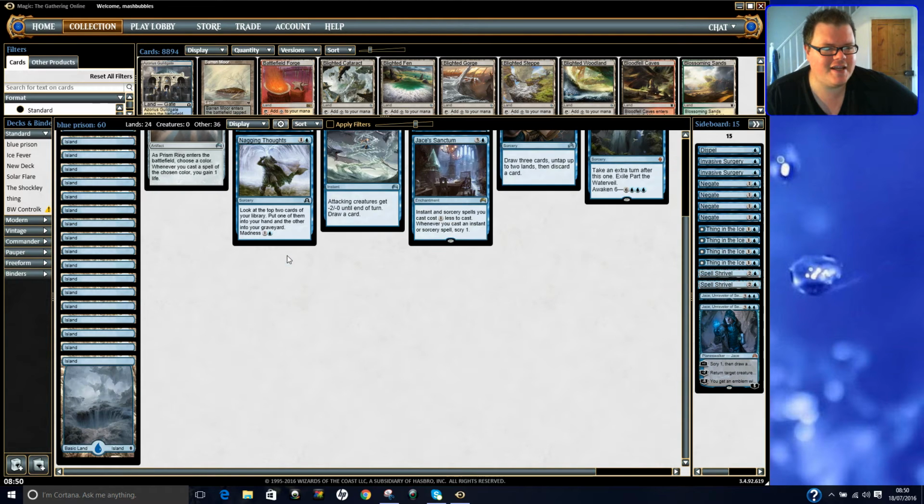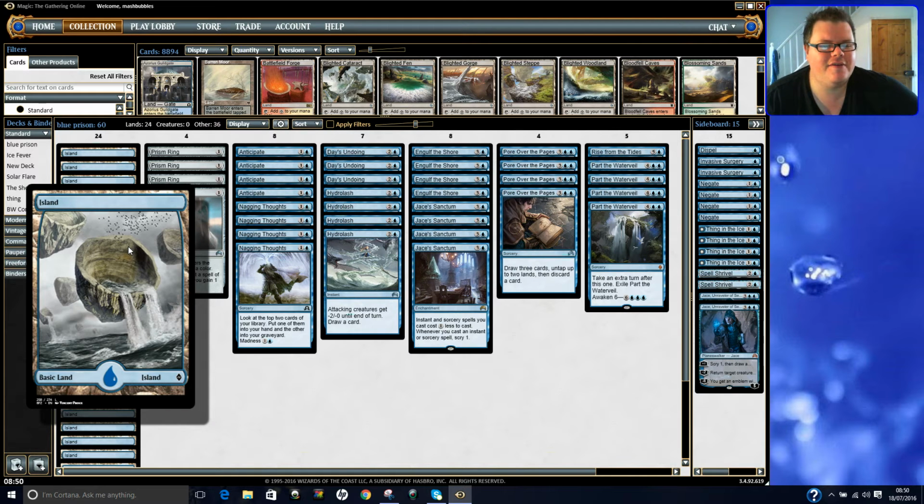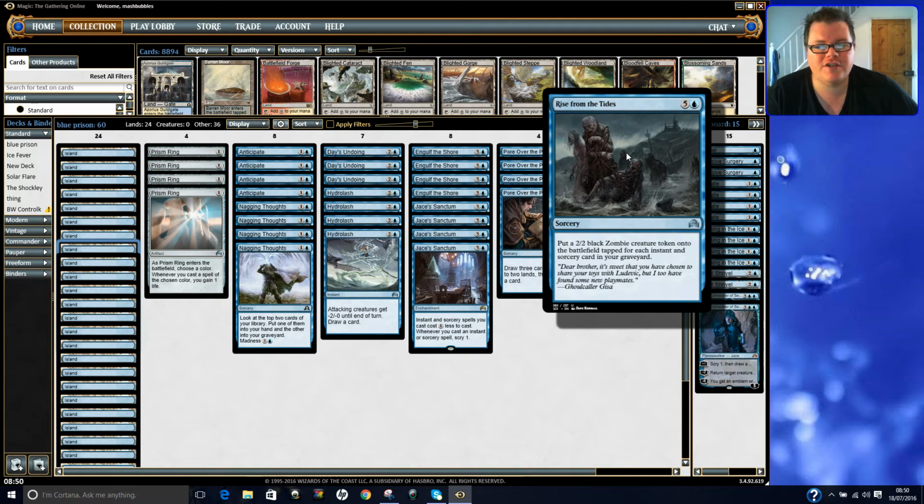So we can start with something easy, the lands. It's all Islands. We have 24 Islands. Lovely full art Island there. That's all we have. So basically the idea is you just keep taking turns. It's like a take-turns deck, but we only have Part the Waterveil to take the extra turn. And you can win the game by having a Rise from the Tides